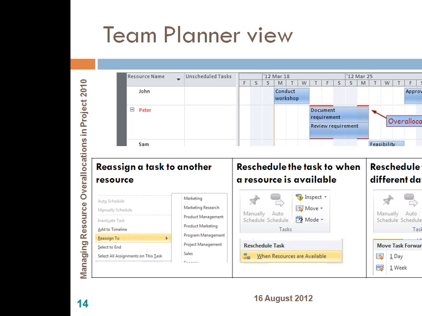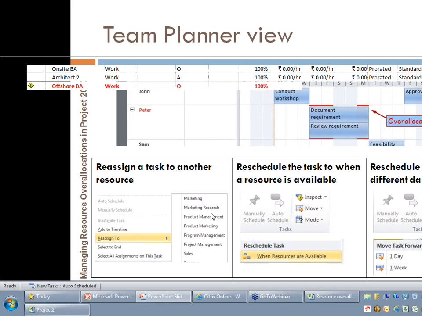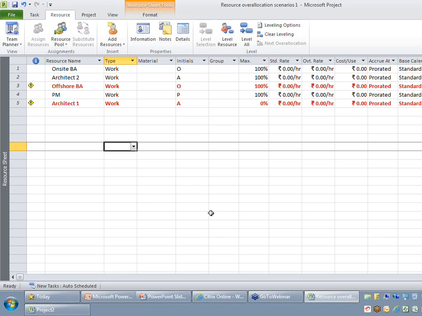The next view which you might want to understand is the team planner view. Remember, team planner is a view available only in Project 2010 professional version. So if you are using Microsoft Project 2010 standard, this view might not be available to use. If you are an Outlook user, maybe you would have seen scheduling meeting invites and looking at calendars of your colleagues through Outlook. Your team planner will look very similar to your Outlook calendar, where you have your resources on your left and the task that is being assigned to your right hand side.